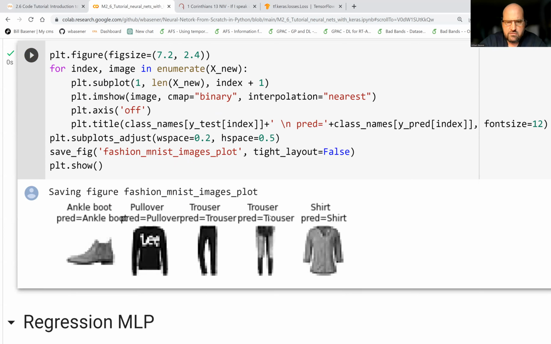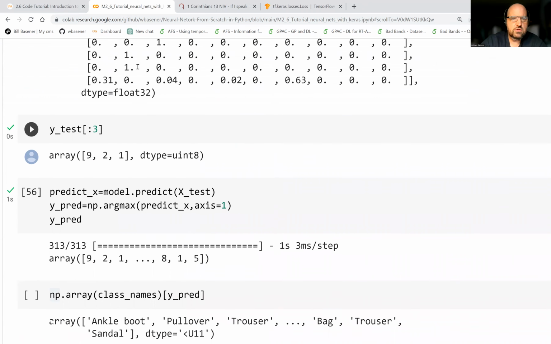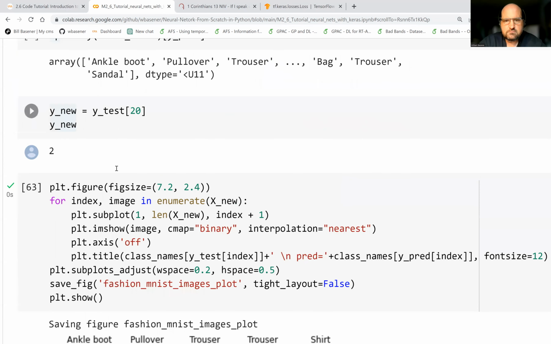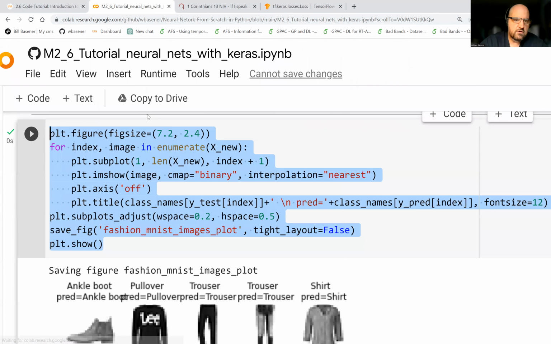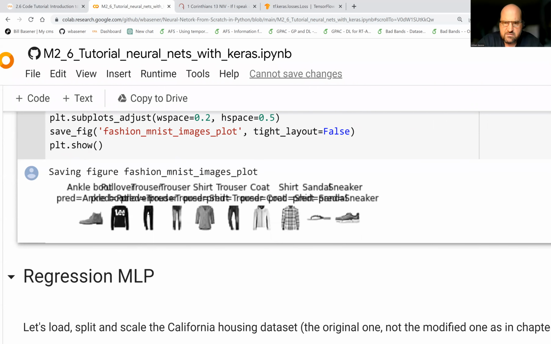Shirt, trouser, trouser, trouser, trouser, shirt, shirt. Maybe we can do 10. Our accuracy was about 90%. So that suggests that if we do 10, we have a chance of